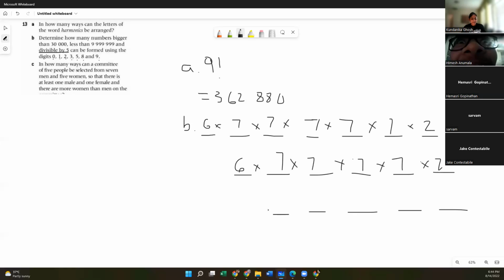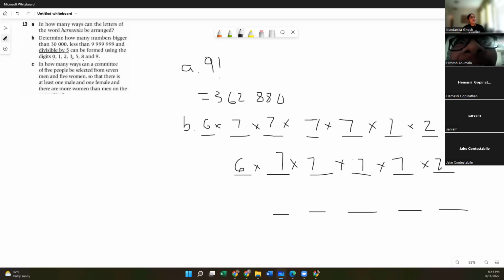And then last one, same thing. So the last one is actually a special case because the number has to be greater than 30,000. So your first digit can't be 1, it can't be 2, and it cannot be 0. Does everyone understand why that is? Yep. Good? Yeah, sorry, Jake, I got that.